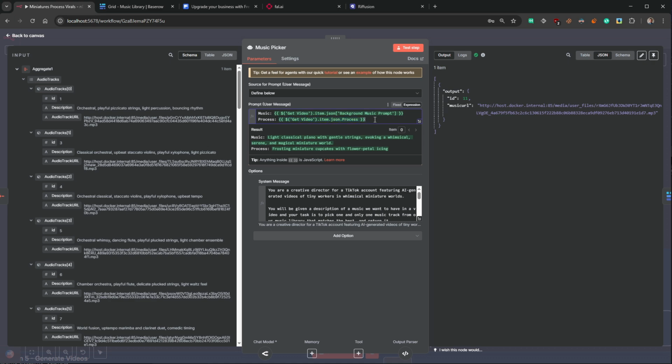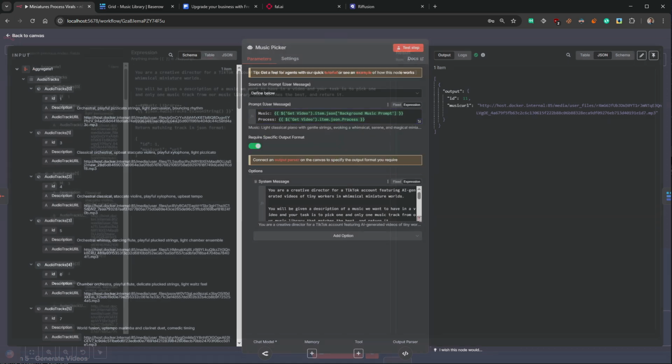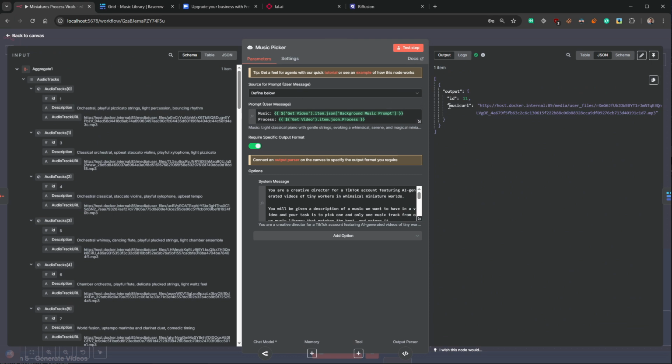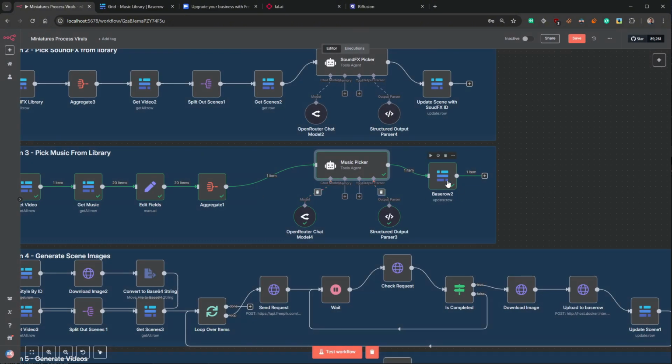And then we're giving it the process. And then in the actual system prompt here, I'm sending it the entire library as part of the system prompt. That's fine, that's just another way of doing it. And this is just saying, pick the most appropriate music file and give me the ID, or return the ID. And that's pretty much it. That's pretty straightforward. You can see it's output the ID and the URL here. Again, this URL part isn't actually important at this point in this process, because on the next node,